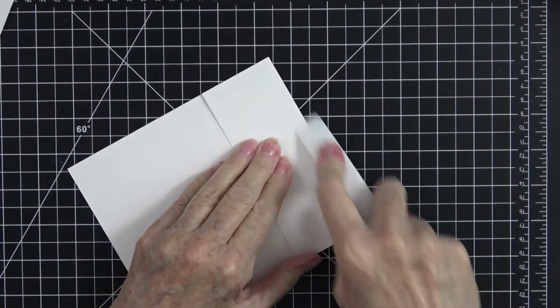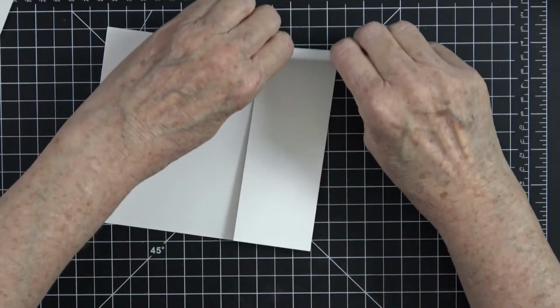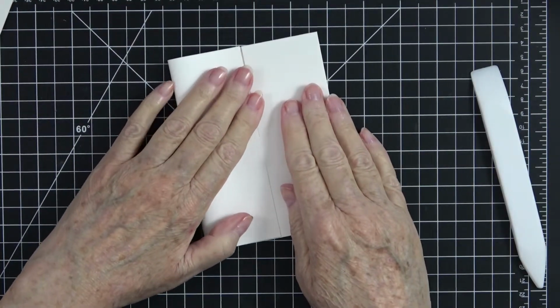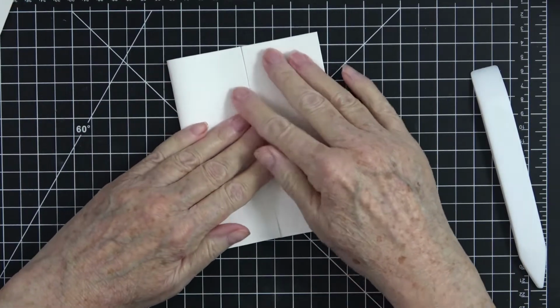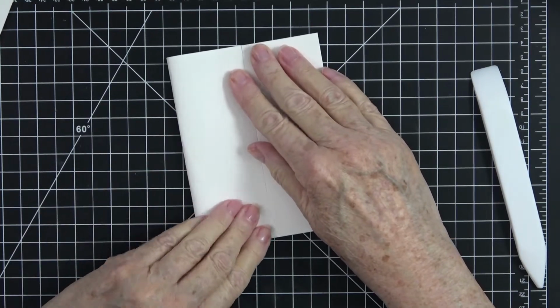I'm going to burnish that down really good. And this is going to be a little harder to do because this is the thick cardstock, but I'm going to bring that over and meet it up right in the middle, just like that. Once I get that met in the middle, just like I want it,